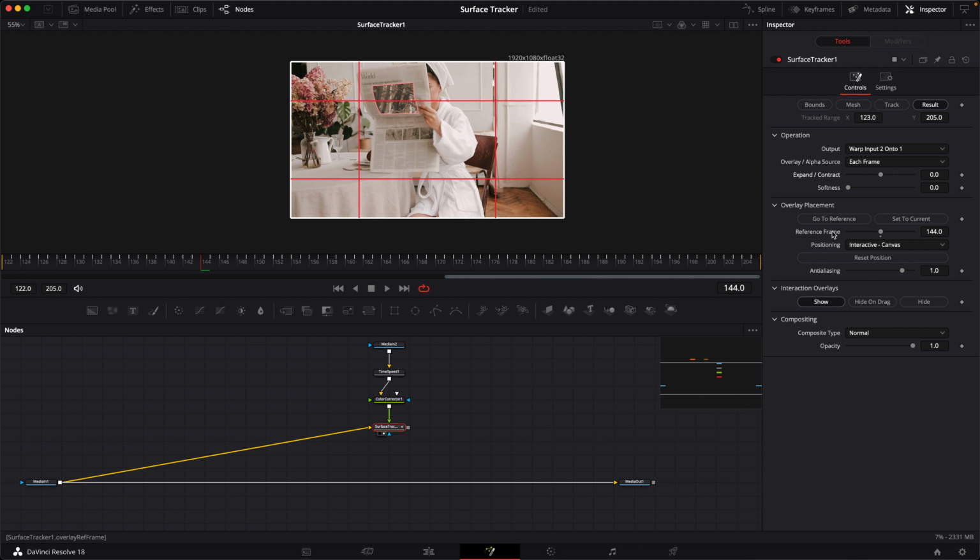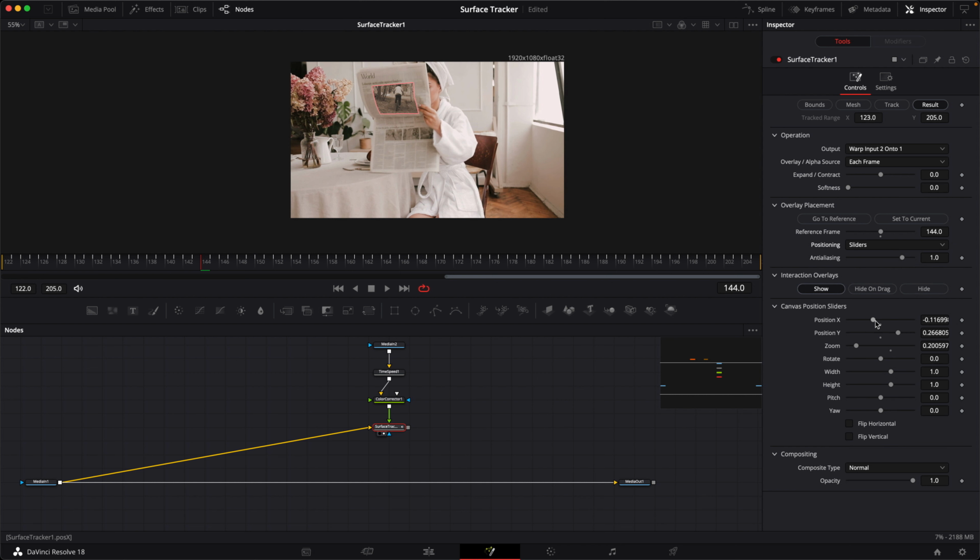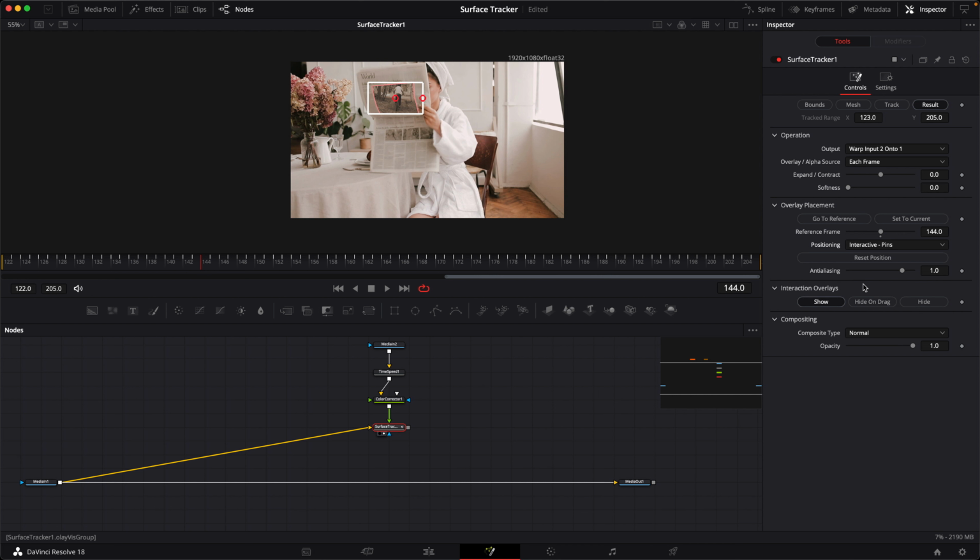Below that, we have the overlay placement. So if we go to reference, we're going to have this setup, which is the interactive canvas by default. You have a few different options here, depending on what you want to do. If we go under position, we have sliders. Here you can use the sliders to position your clip wherever you want, or zoom, all this stuff here. We also have interactive pins. It works similar to some of the